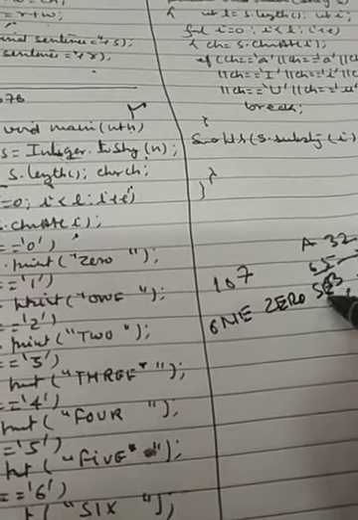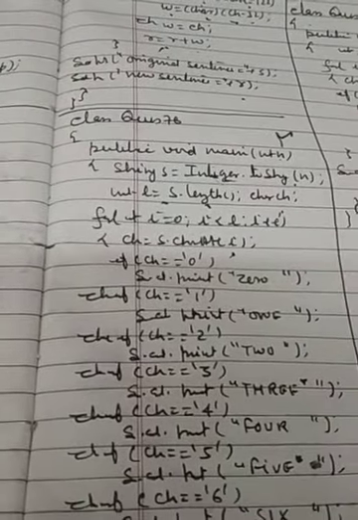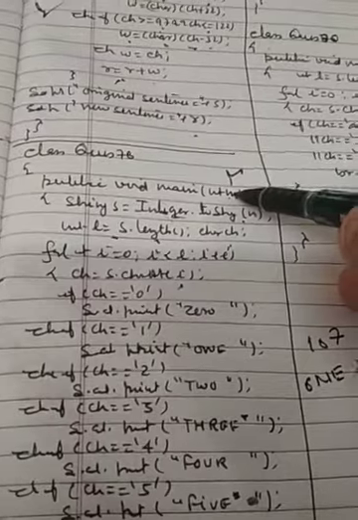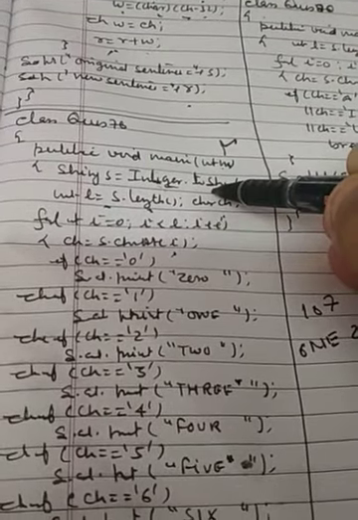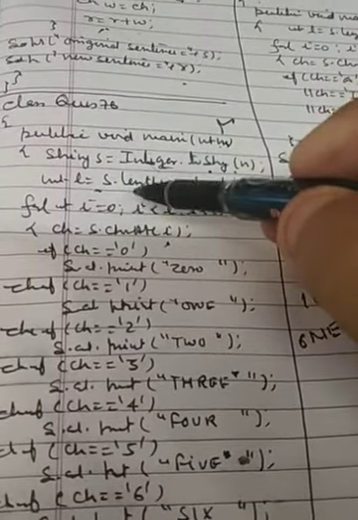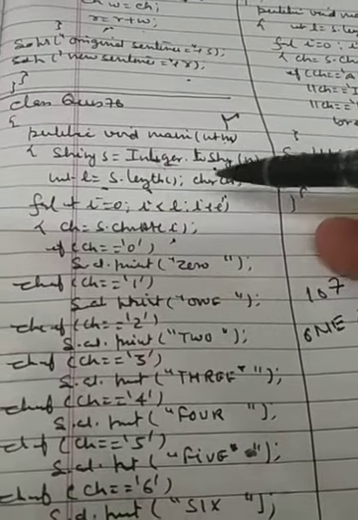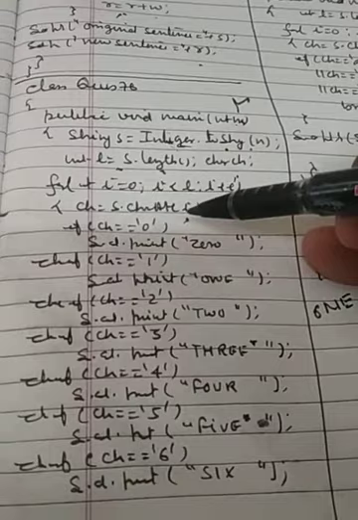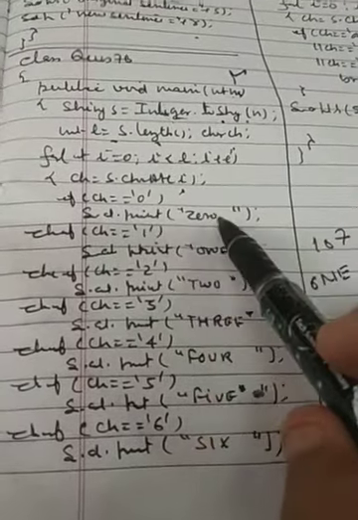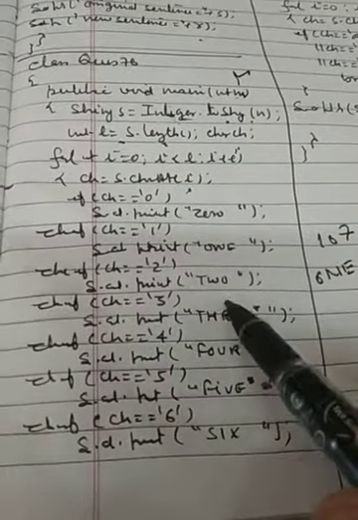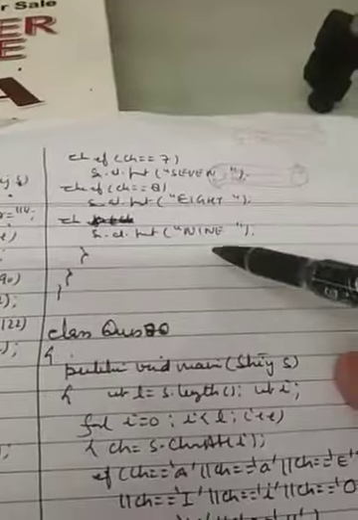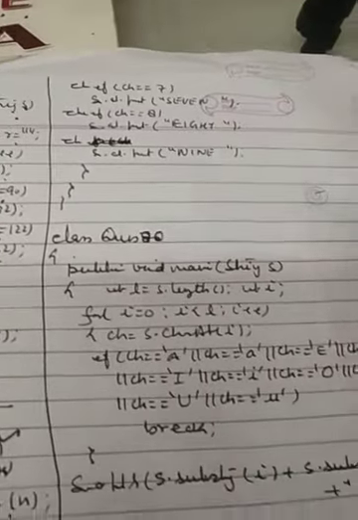This is the question which you will find as question number 76. So we have entered a number in numeric form, converted it into a string, and once we have converted it into a string, we can find out its length. Char ch we have taken, we run a loop, and every time we pick a character, if the character is 0 we print 0, if 1 then 1, 2 then 2, 3 then 3, 4 then 4, and so on till 9. So it will be printed on the screen.